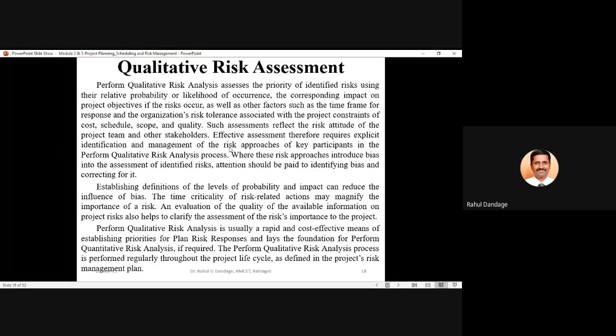Performing qualitative risk analysis assesses the priority of identified risk using relative probability or likelihood of occurrence and their corresponding impact on project objectives if the risk occurs.